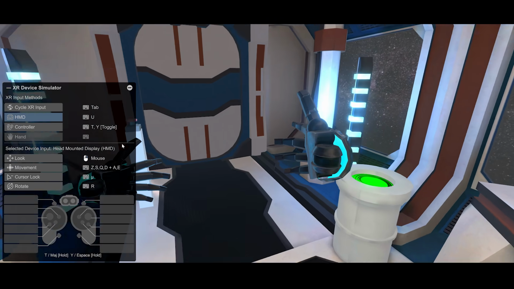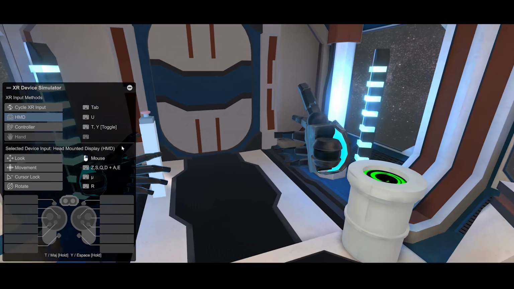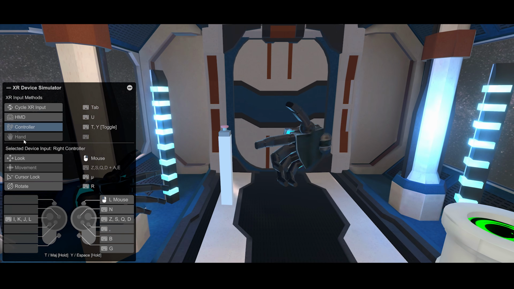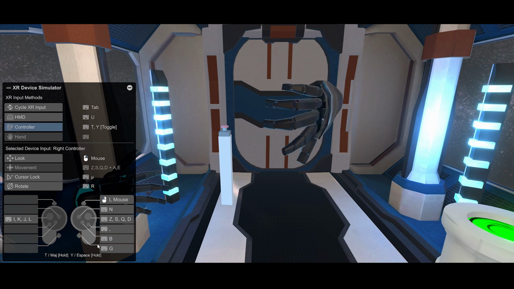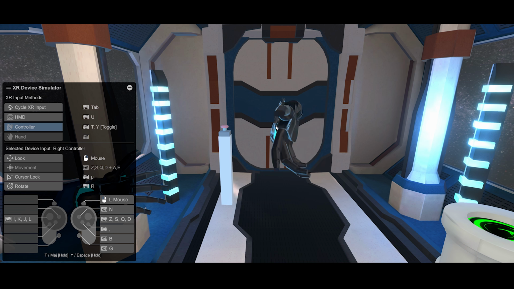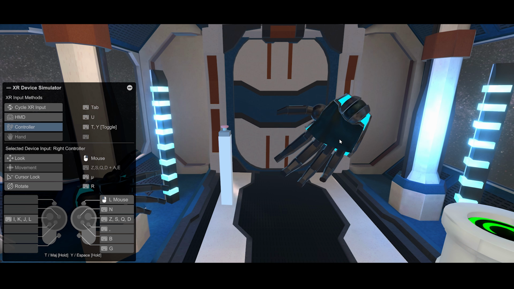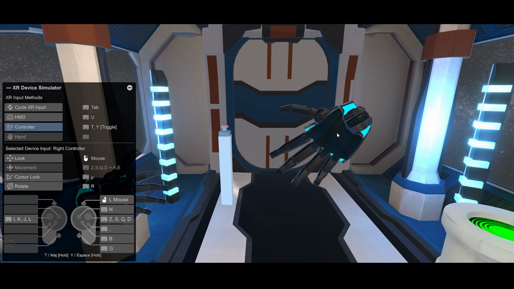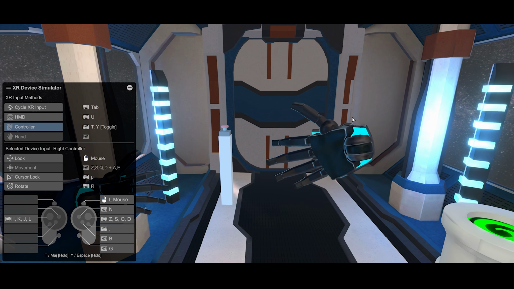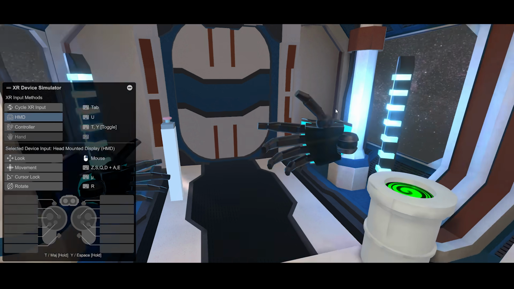But that's not it, because now if we select one of the two hands, for example, the right one, you can see that you can also trigger some input on the controller. For example, we can pinch if we simply click. As you can see, my hand is getting animated by the button. And if we press on the G key, we can grip, which is super useful because I can use it to animate the hand, but of course,